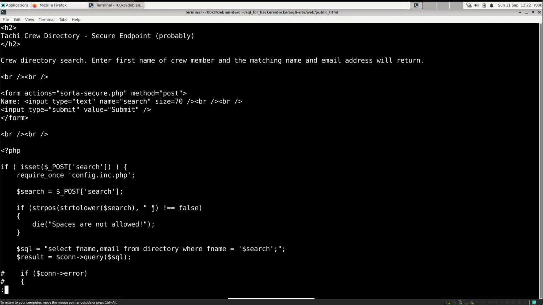What this filter is doing is looking for a space in the search term. And if a space is found, then it kills the rest of the processing with a message saying spaces are not allowed. This could very easily be any other string that you want, whether it's another character, such as a single quote or a dash, or it could be a full word like union or select or something like that.